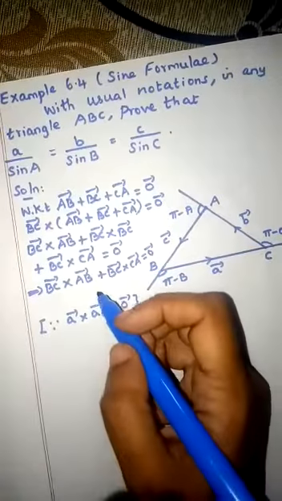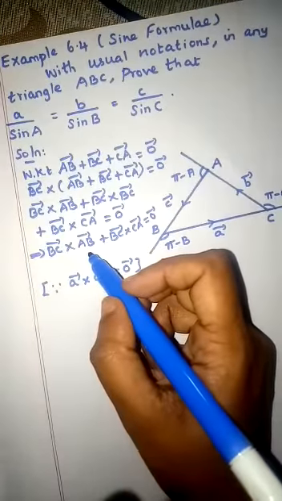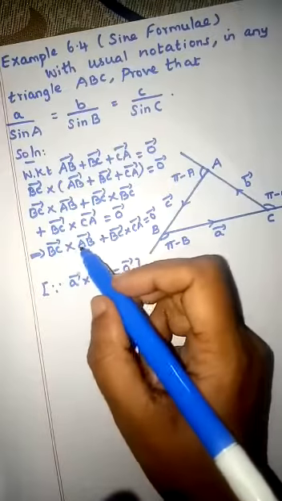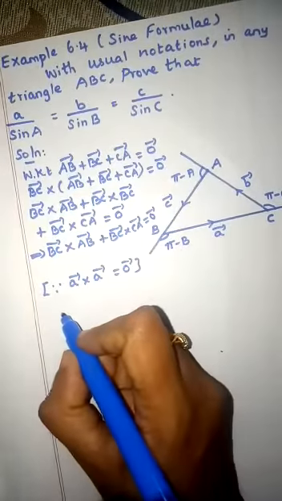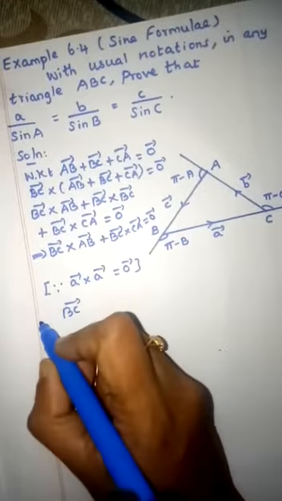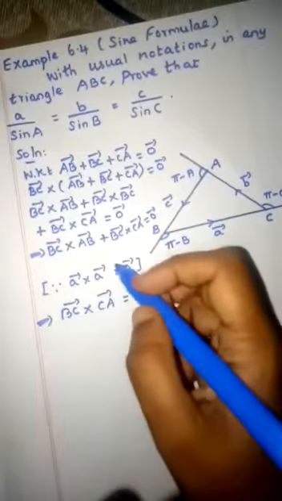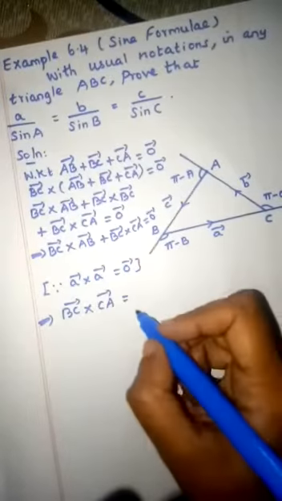Now you see here we need AB vector first, but here it is in the second place. So you take this term to the next side. So which implies BC vector cross CA vector equal to, I am taking this term to the next side, so it will become minus